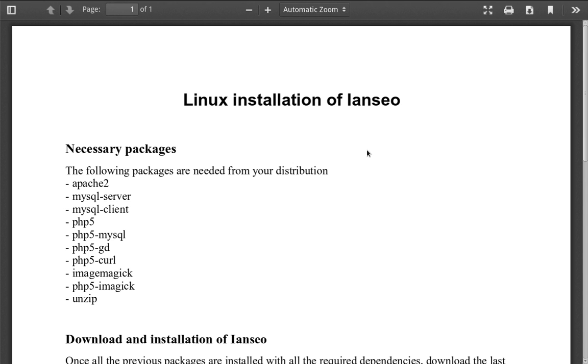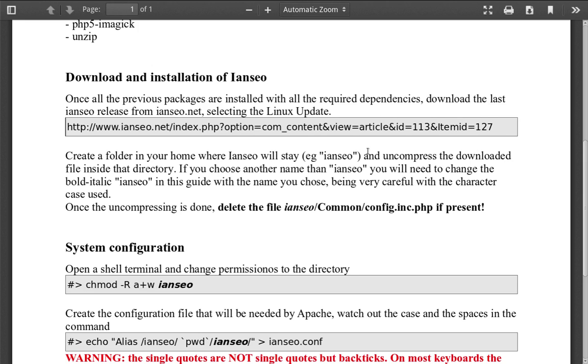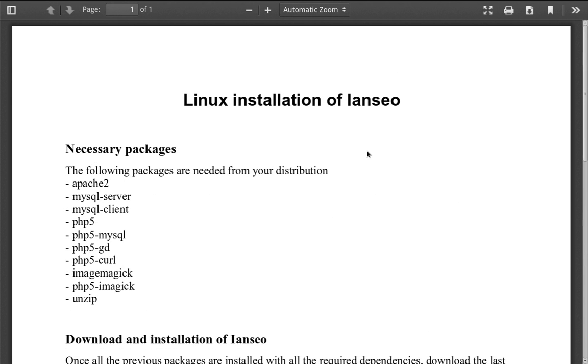A lot of times when I have tried to do this in the past, I have found that people's instructions just don't work. They're for older distributions. The dependencies cannot be met. There's problems here. And it just doesn't work half the time. And when it does, then you have to know how to manually put an icon in the menu and all this other stuff, and you get no maintenance on this whatsoever. So this software will never get updated once you install it. If you do happen to find that there is an update, what you're going to have to do is go through the whole process again and reinstall it.